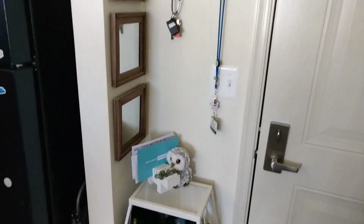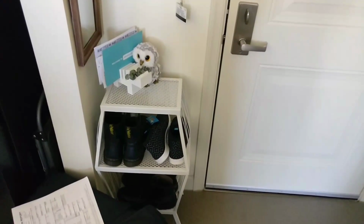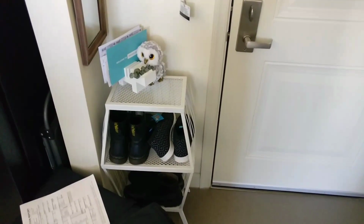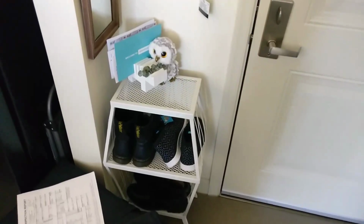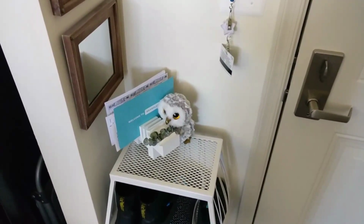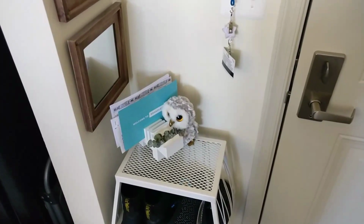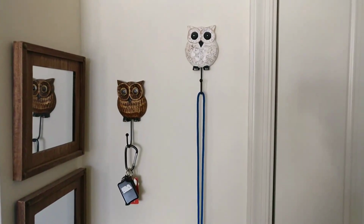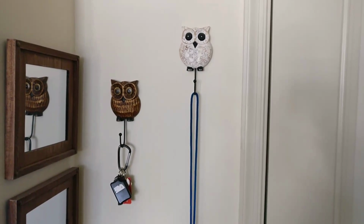Then moving on, over here is this stand that I got from Urban Outfitters. And it was on clearance because I don't have full price kind of money, so I just put some shoes on there, and then on top of that I keep some of my mail, and the mail holder is from Target, and then up here is where I keep my keys, and